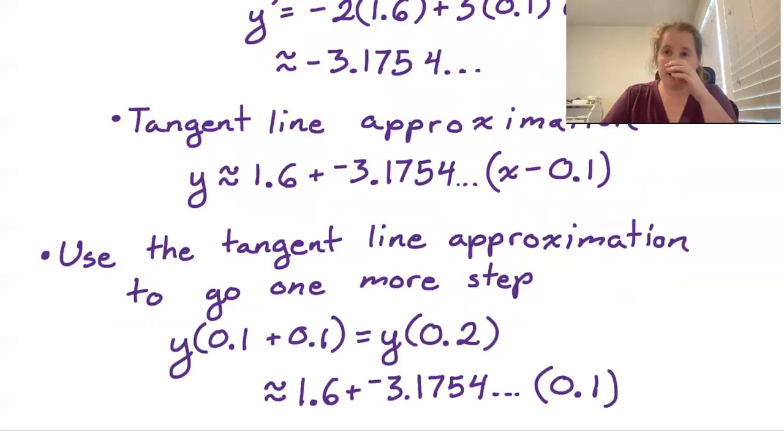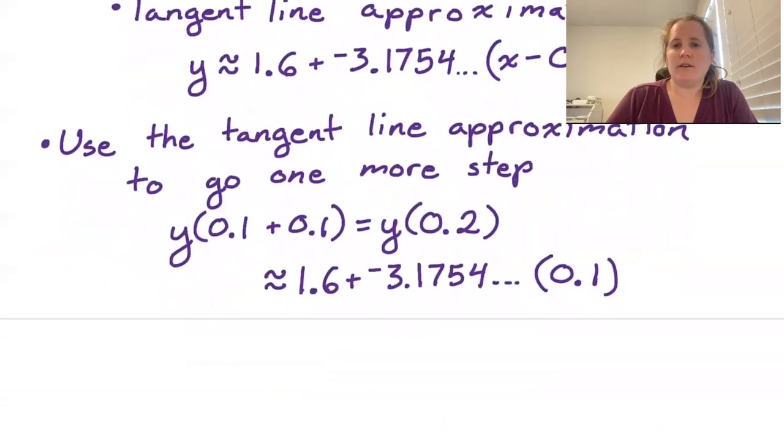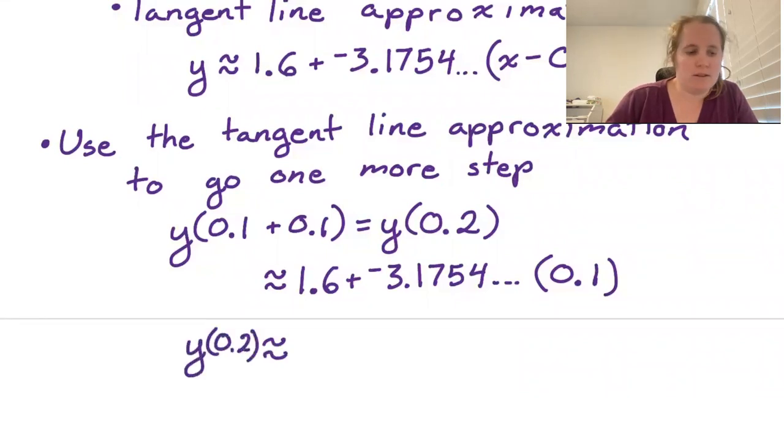When we use our approximation to just go 0.1 further each time, we'll always be multiplying by 0.1, since the new x value minus that previous one are just 0.1 apart for a step of 0.1. So plugging this into our calculator, we wind up getting approximately, or y of 0.2 is approximately 1